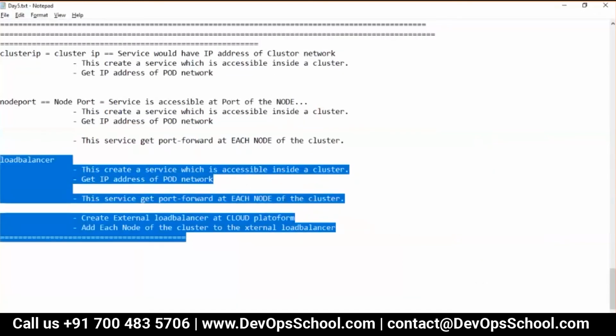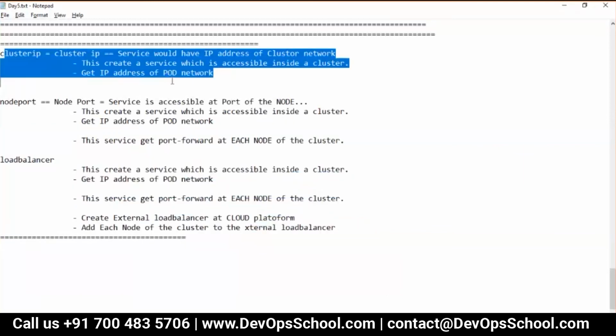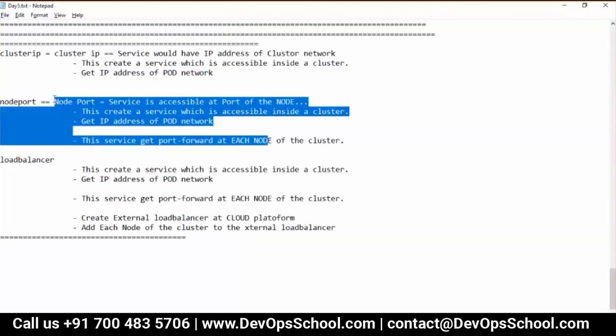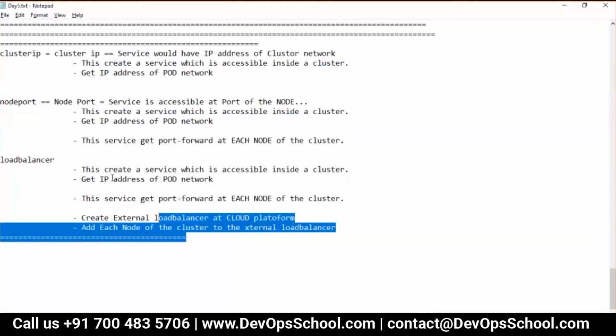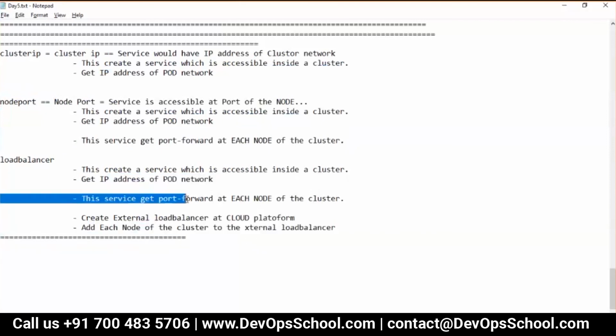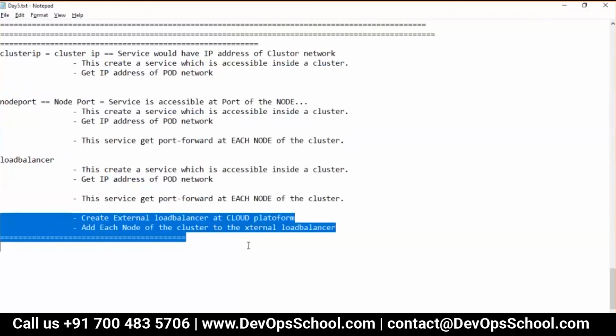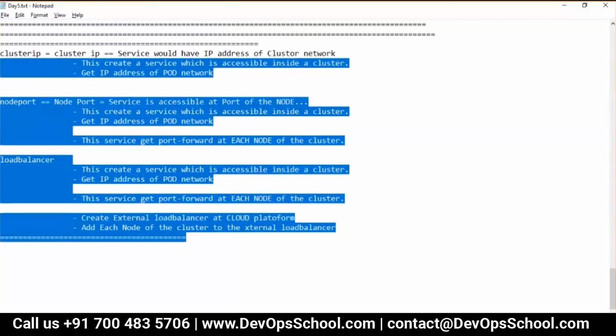If you want your service to be accessible at the IP address of the node, mind it, I said IP address, then this is okay. But if you want your service to be accessible through an external load balancer, that means it will be running with multiple machines, in that case you can go for this one.